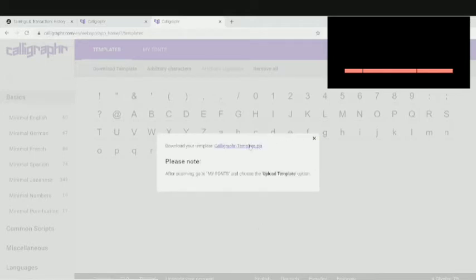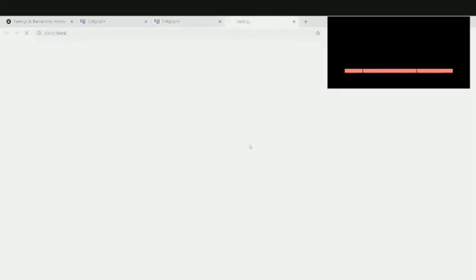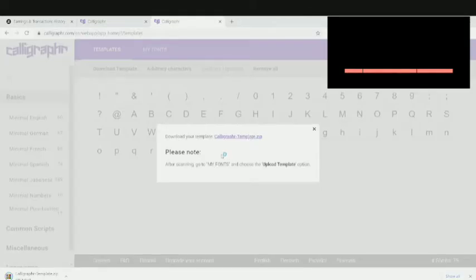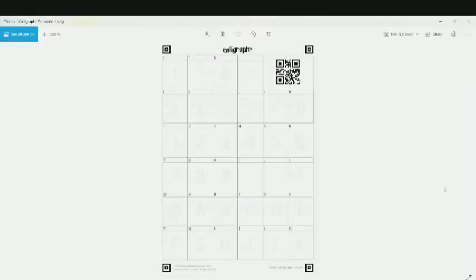So we'll click on download your template, and it's downloaded in a zip file. It's downloaded, guys. Now I need to unzip this file. So I'm going to show in the folder and unzip this file, and we're going to see our template that we downloaded from Calligrapher. You can see it has a few references as characters in the background so that you can draw on them, write over them, and create your own font.